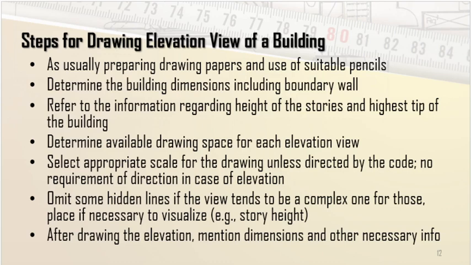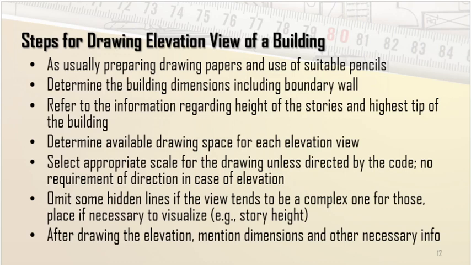In the last class we might not have discussed the boundary wall. There must be a boundary wall which will denote the property line, and within that we'll be leaving some space. As you all know, we should leave some space according to the guideline, and then we will be constructing the building. So we'll have to include the boundary wall. The total boundary wall dimension will be taken into consideration while drawing elevation view, just because we'll have to include those boundary walls as well,